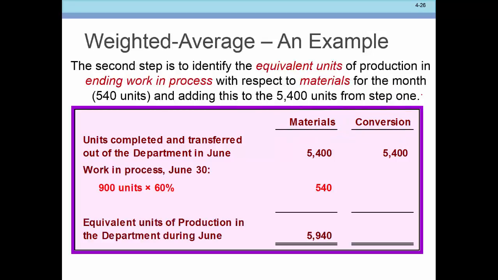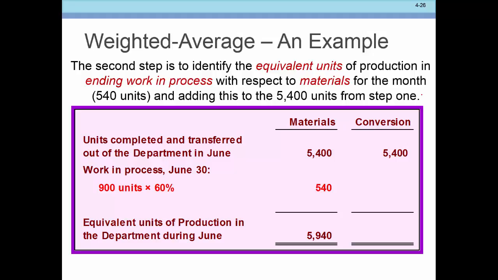And sure enough, they tell me that I have 900 units that are 60% done as to materials. I give myself credit for equivalent units of 540. You see how easy that was? You just take the number of units that were completed and transferred out. You know those are done, right? And then you add in the equivalent units. The only wrinkle is sometimes they don't tell me the units that are completed and transferred out, and I have to calculate that. But in this problem, they just gave it to me,